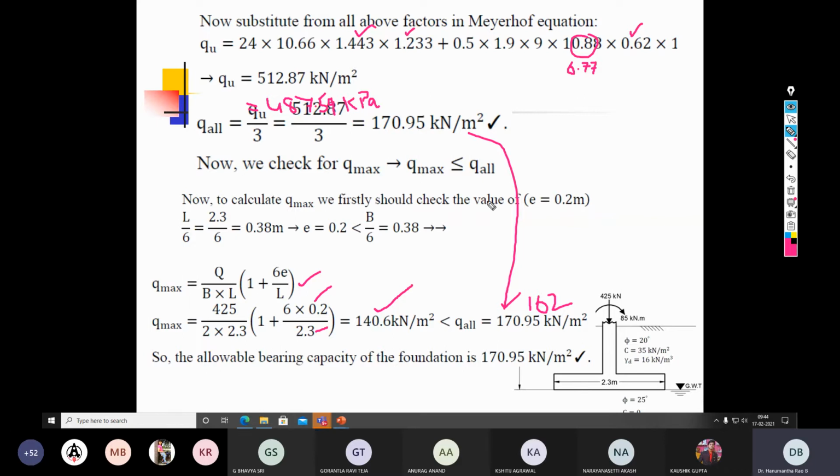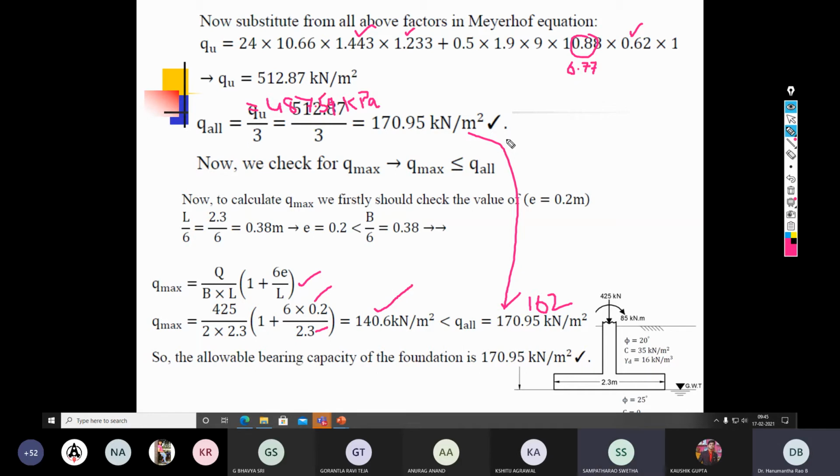Okay. So now there are two things that we have done. Sir, if the direction is not mentioned, then we should take the least of the two, sir. After calculating Q ultimate, initially only we should take B or L, which is the least of two. If nothing is mentioned, then you can take highest is L, least is B, as you rightly said. No problem. Sir, in which direction should we take? In the B direction, which is the least direction, in that direction we should take that the eccentricity is active, sir.